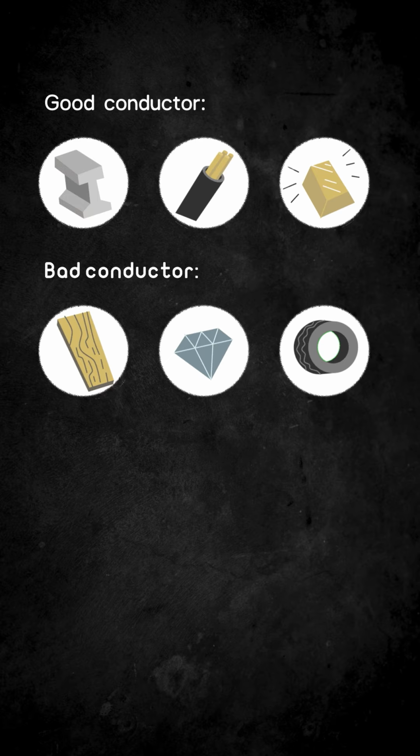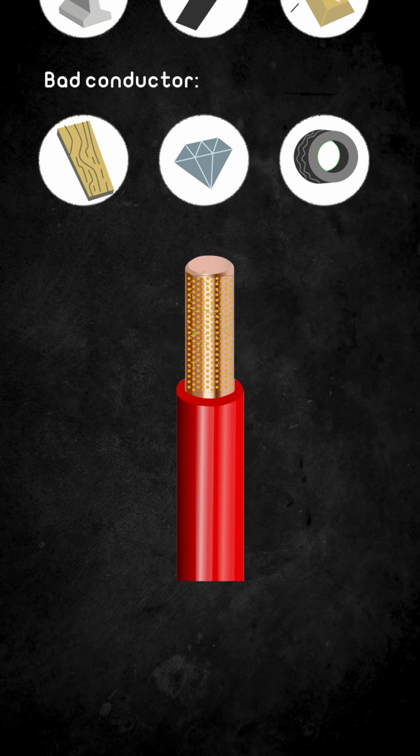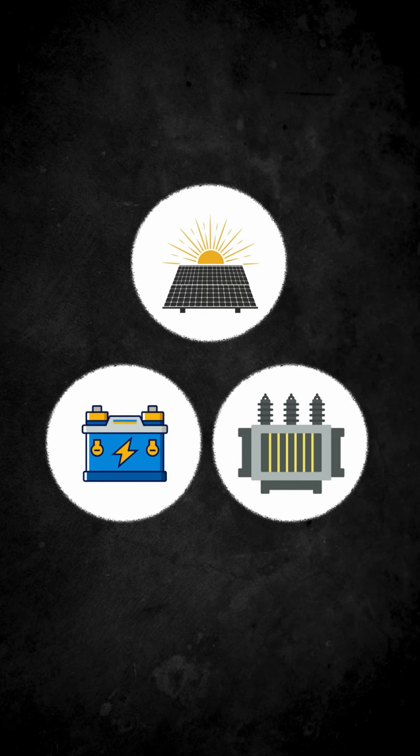One of the most famous conductors is copper. Why is it considered one of the best conductors? Because the copper atom easily loses the electron in its outermost orbit, so we only need a small amount of energy to release that electron from its orbit. This energy can be thermal, chemical, like in batteries, or through magnetic induction, as we will see in the upcoming